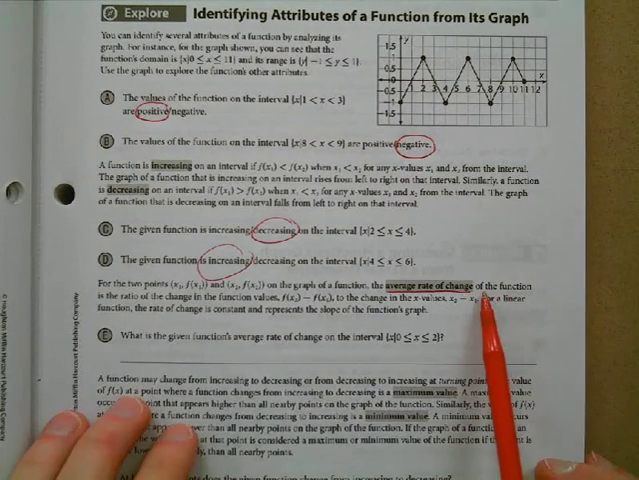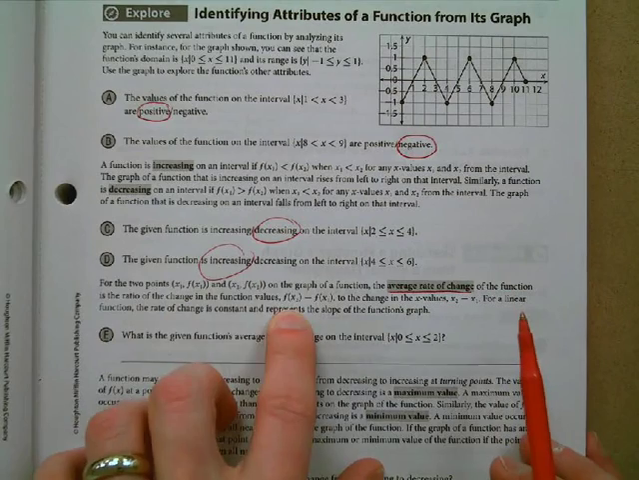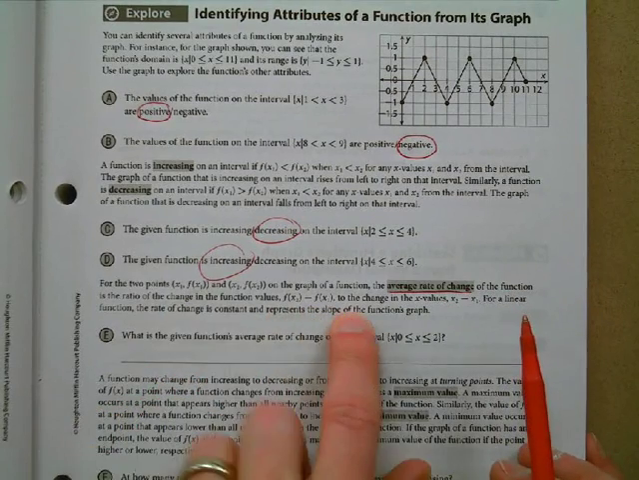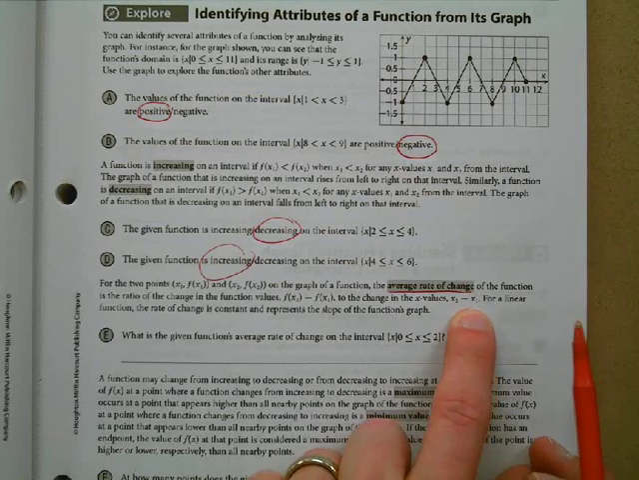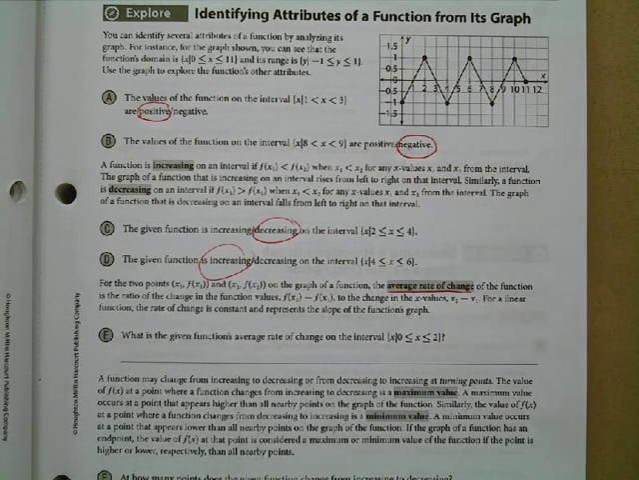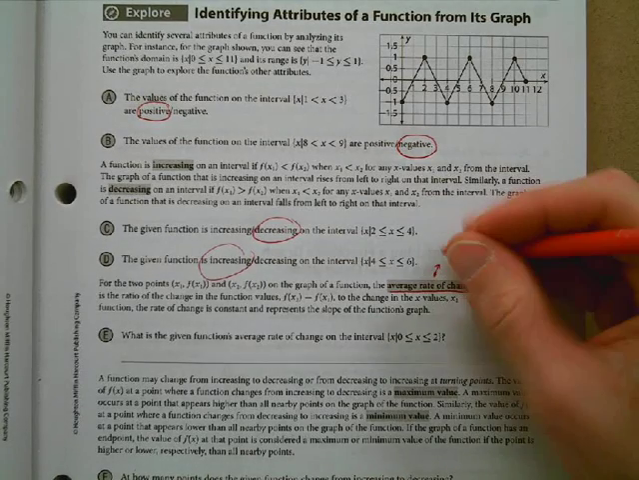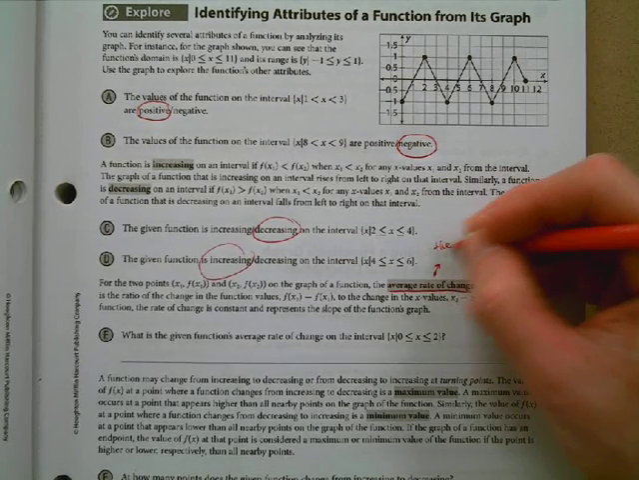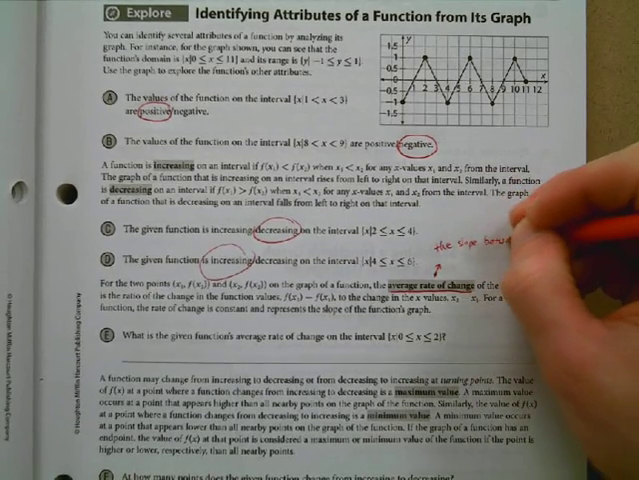It says it's the ratio of the change in the function values, f of x2 minus f of x1, to the change in the x values, x2 minus x1. So basically it's the slope between 2 points on the function. I'm going to give you a better definition, I think. It's just the slope between 2 points